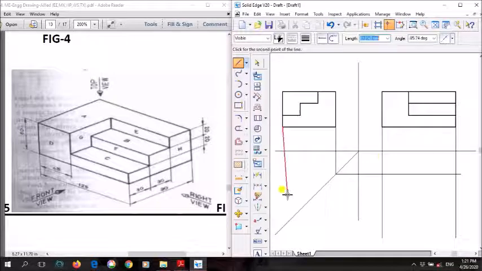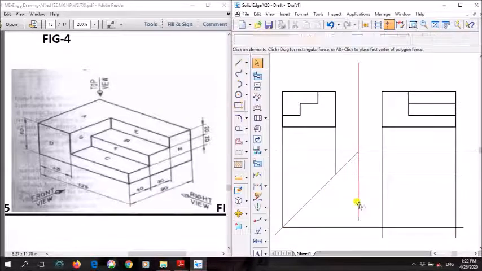Now from this corner to this corner here, just extend this. So just extend from this corner downwards, from this corner downwards, same way from this corner down till here,